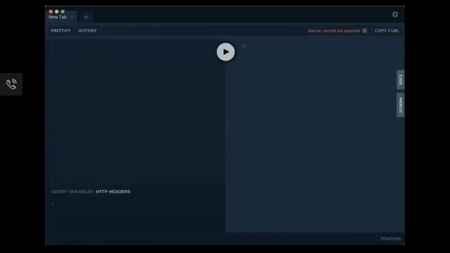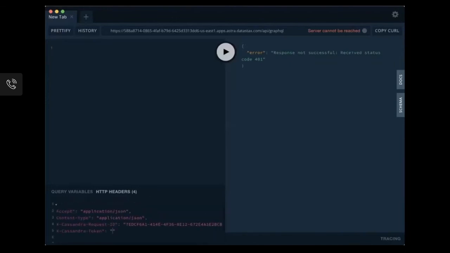So now we're in GraphQL Playground. I'm going to paste my URL in there, and we'll see that I get a 401 response code. That's because I'm missing some headers. So I need to get those headers in, and I'm going to pull those headers from some notes I've taken. But what I've got right now is headers that don't have a token. So I am going to pop over to my terminal real quick and generate one of those.